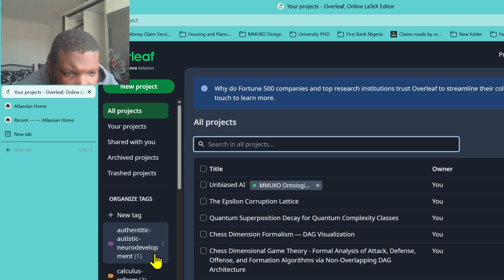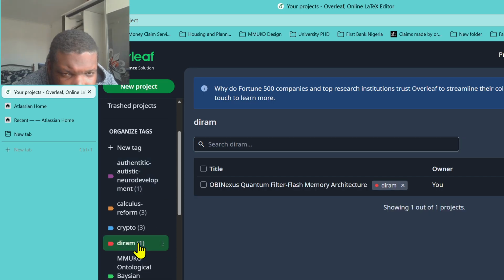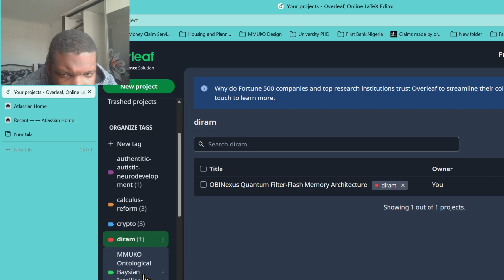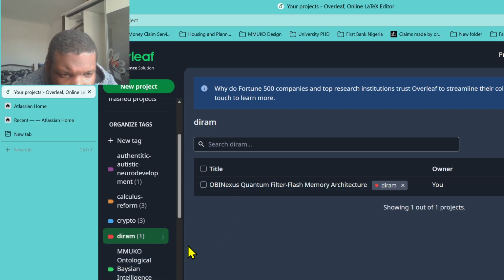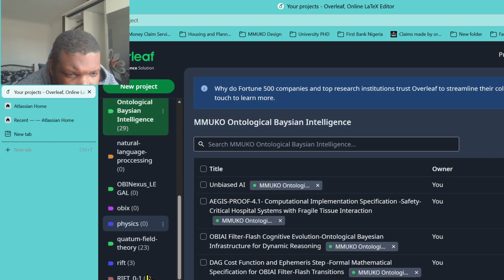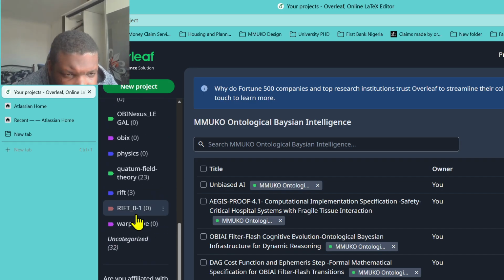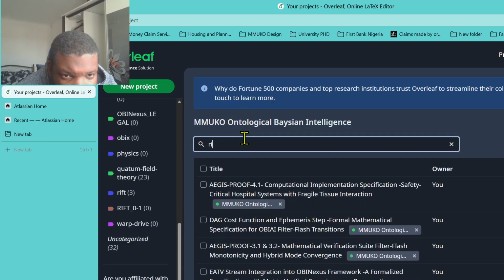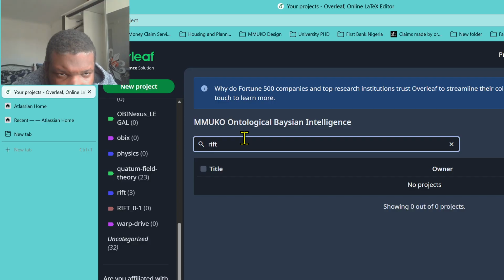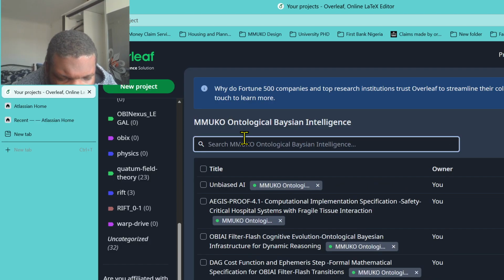Where is it? Diagram? No. Quantum photo flash memory? No. Natural language? No. Rubik physics. Warp drive? No, no, this is all my stuff. Yeah, I'm trying to find the Rift ecosystem. Let me find it with